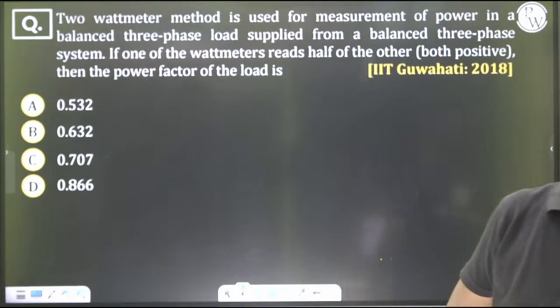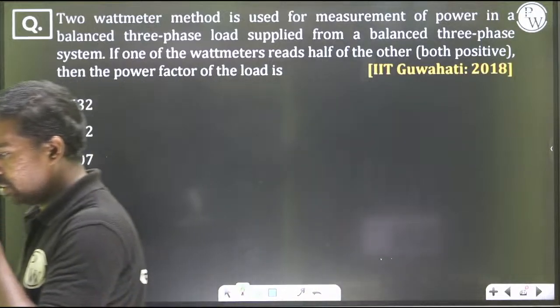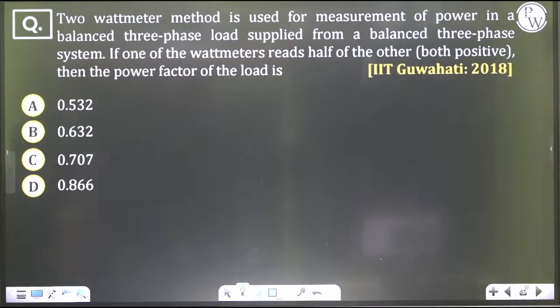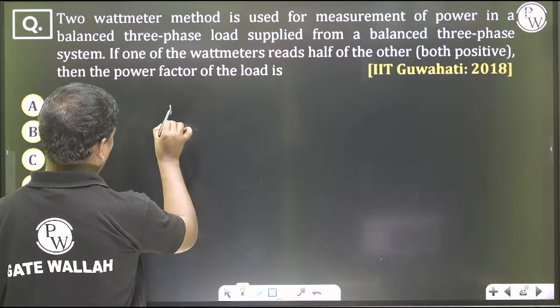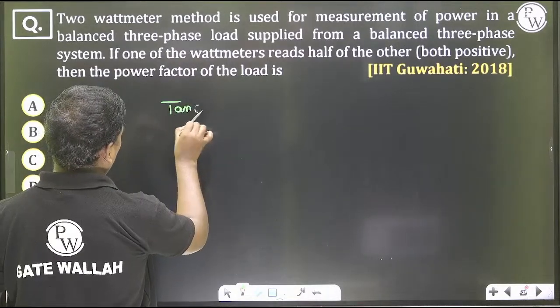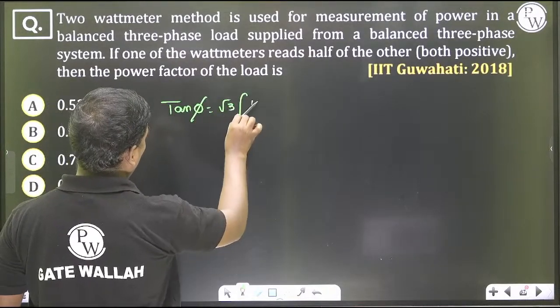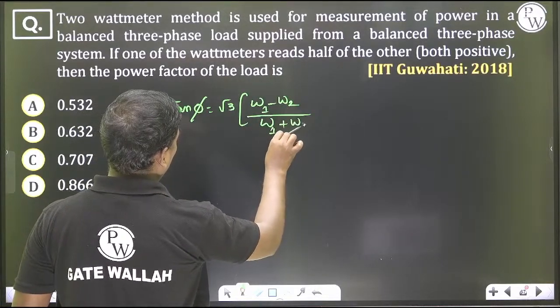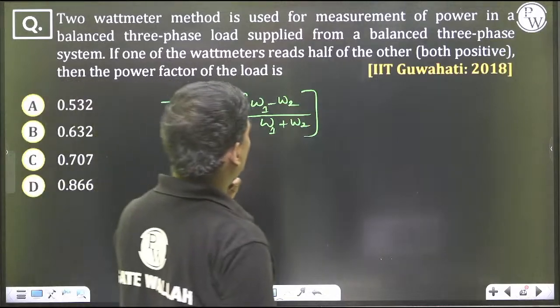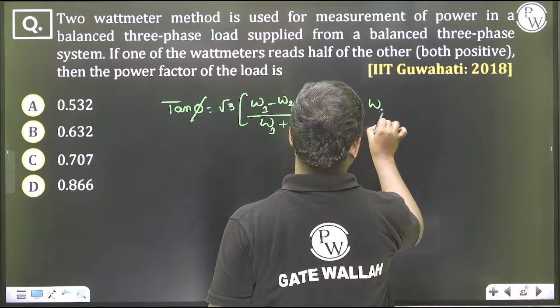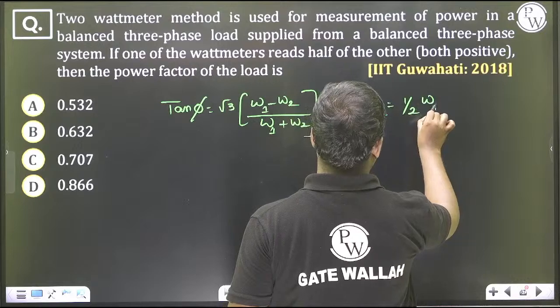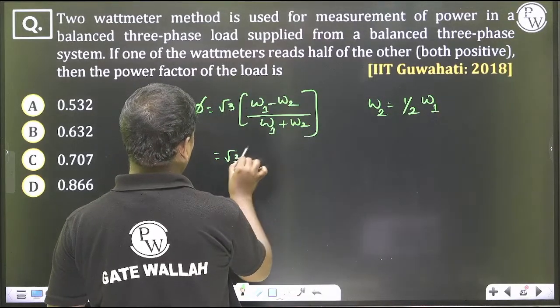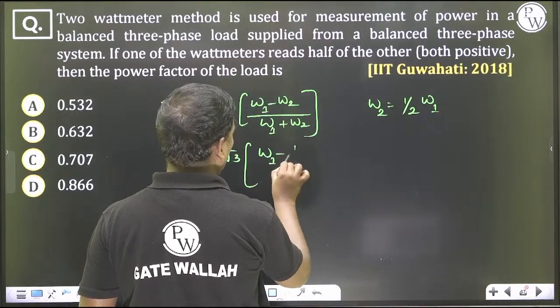The two wattmeter method is used for the measurement of power in a balanced three-phase circuit. If one of the wattmeters reads half of the other, we can use the same expression, tan phi. Tan phi is equal to √3 into (W1 minus W2) divided by (W1 plus W2). Let us take W2 as half of the other, so W2 is equal to half of W1. So like this you can do it. √3 into (W1 minus half of W1)